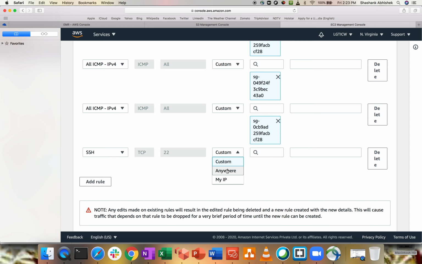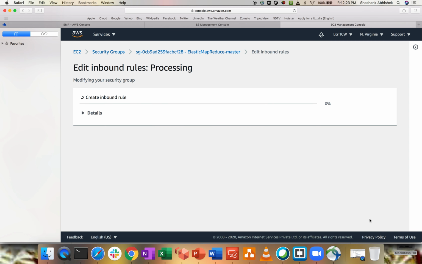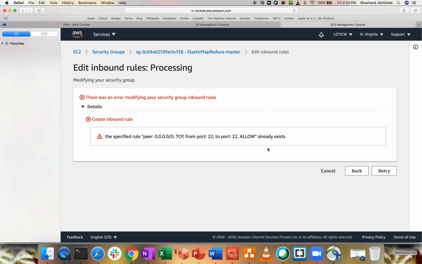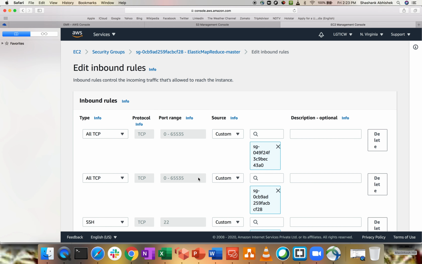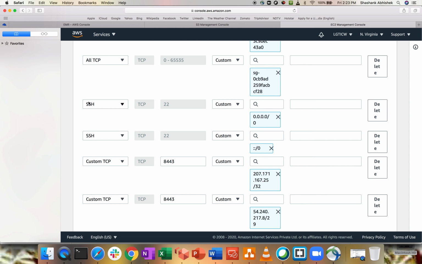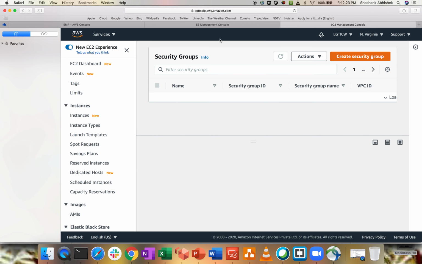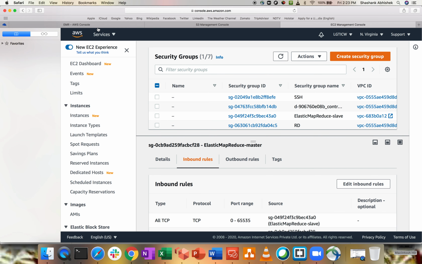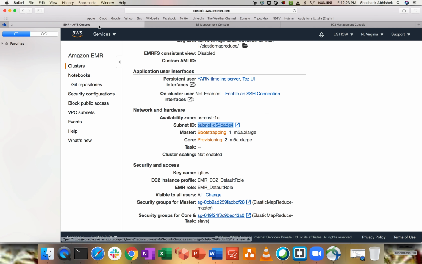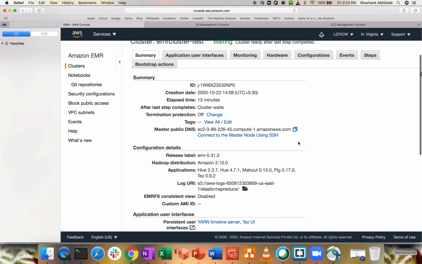I'm going to open it from anywhere and save the rule. It already exists, so I guess it has taken the same security group that I added before, since I created the cluster. So that means the SSH connection is already open.